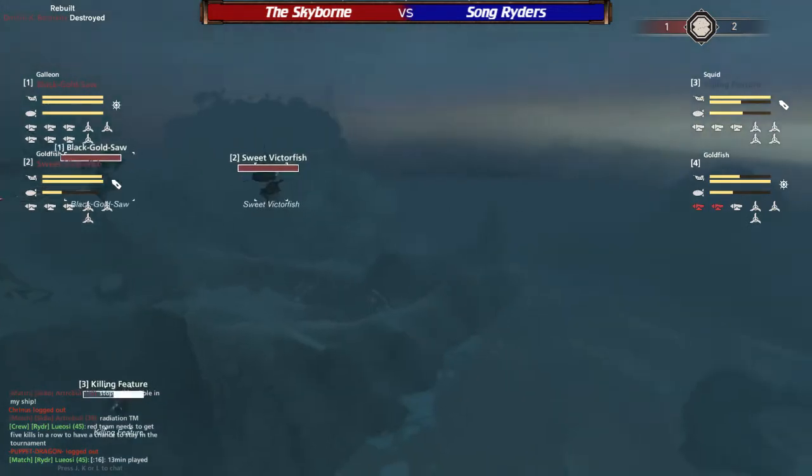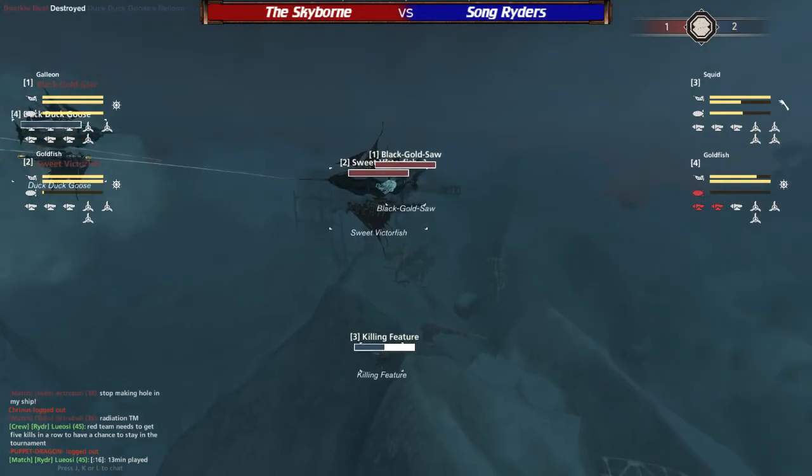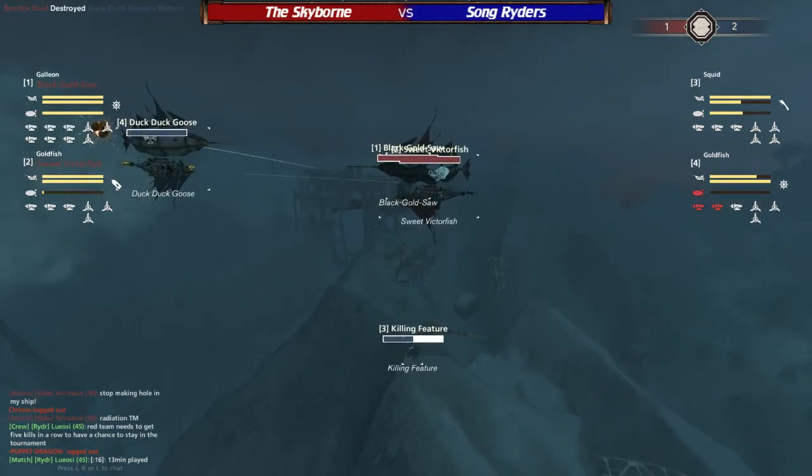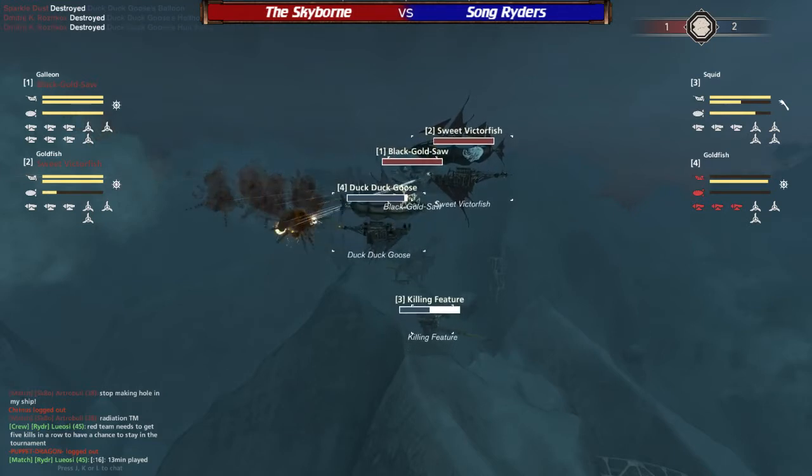Oh god, Finks, why must you insist on bringing this carronade flamer squid? Those are pretty much the two worst guns in the game, on what is arguably the worst ship in the game. But